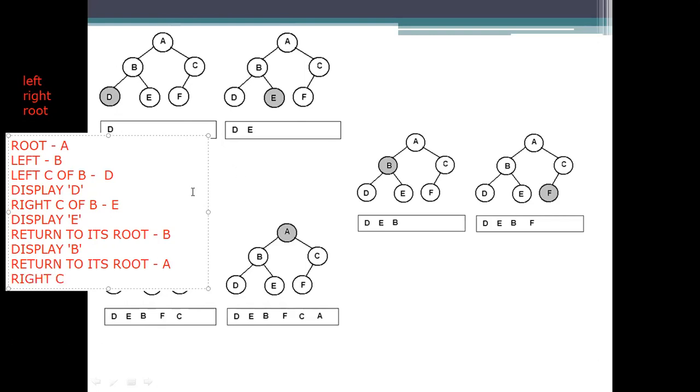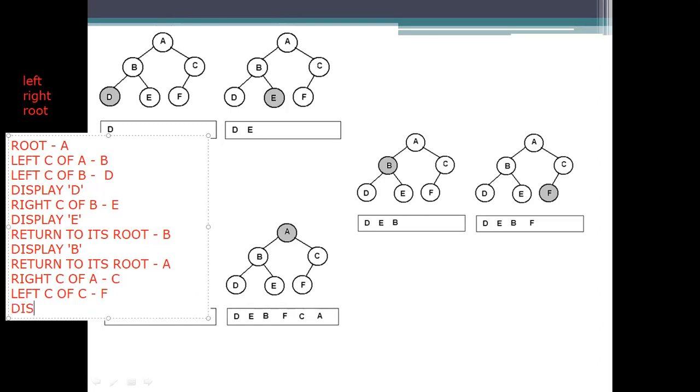So process the right child. Right child of, let me write this one. This is A and this is left child of A and this is a right child of A. Okay. Now what is the right child of A? This is C. We won't display that thing because it is having a child node. So just go for the left child of C, which is F. See whether it is having any nodes or not. See, it is a leaf node or not. That's all. It is a leaf node.